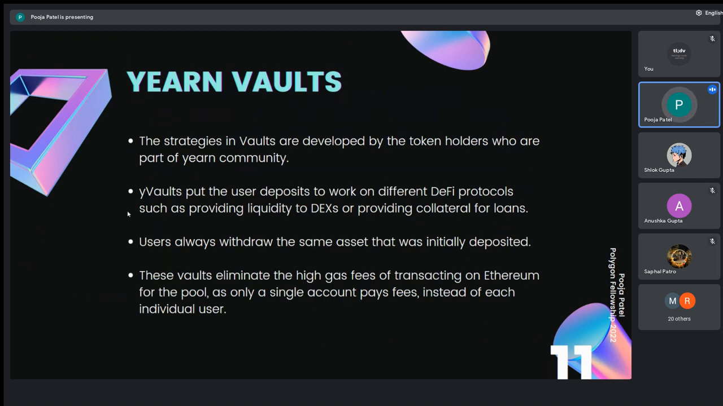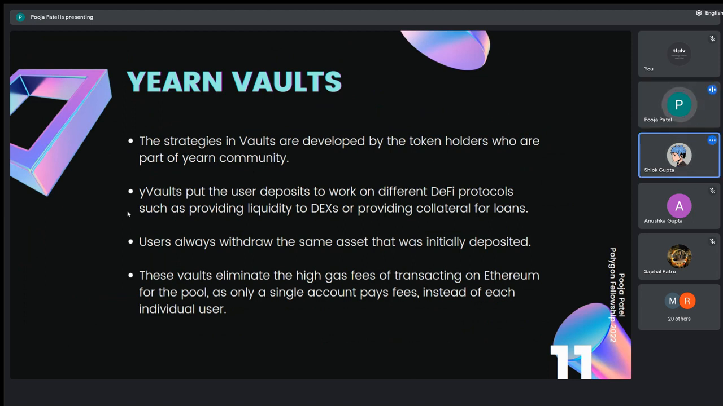Yearn vaults hold strategies, and these strategies are developed by the token holders, where the voting takes place. Yearn vaults put the users' deposits to work on different DeFi protocols, such as providing liquidity to DEXes or providing collateral for loans. So these vaults eliminate the high gas fees